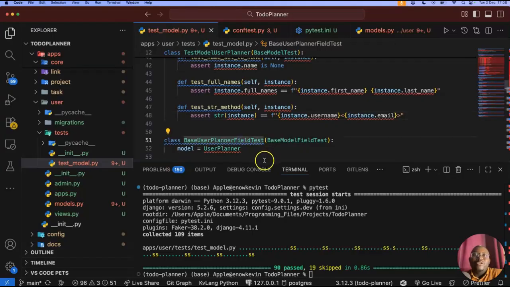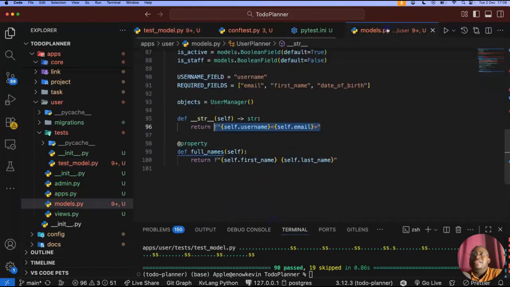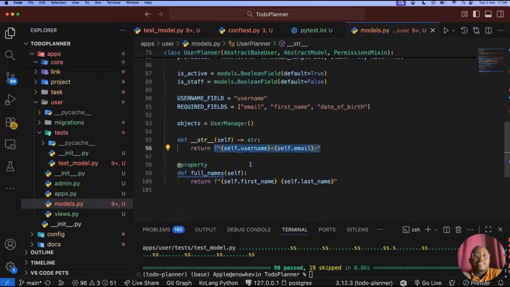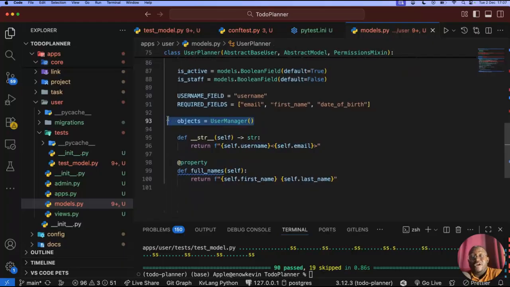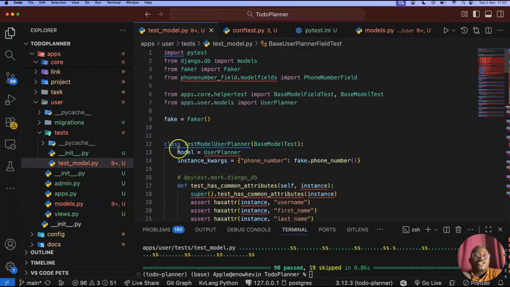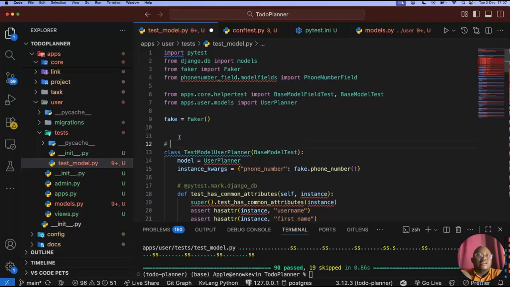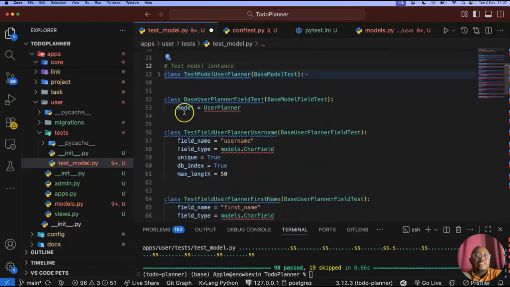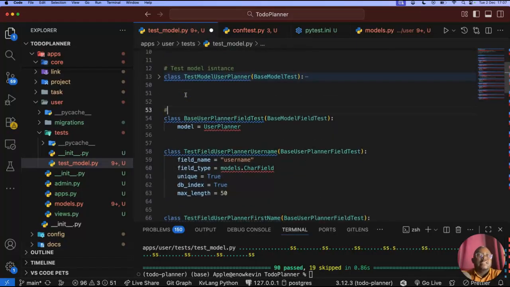Alright, so the last thing we're going to do for the user planner is to test the manager. So we can see here the user planner has a manager that is set at the level of the objects. So let's see how we can test that. I'm just going to make sure here we are testing test model instance, just to be sure that we know what we're doing. And here we are testing test model